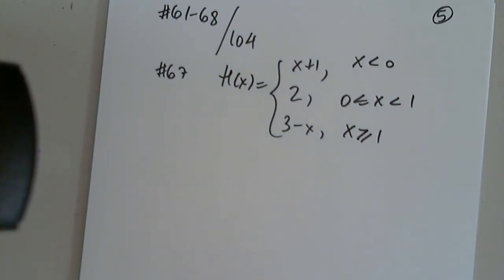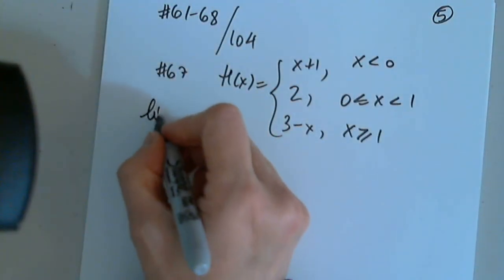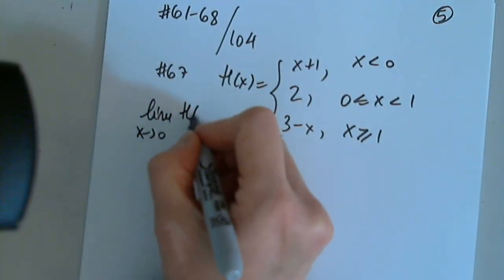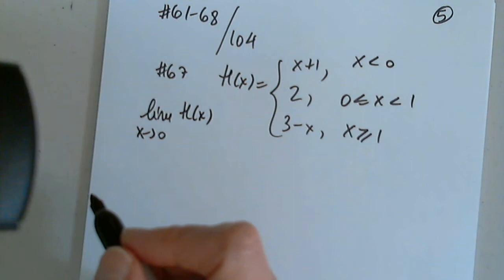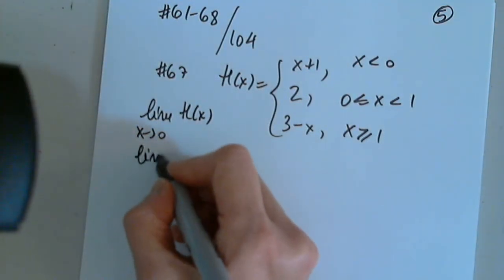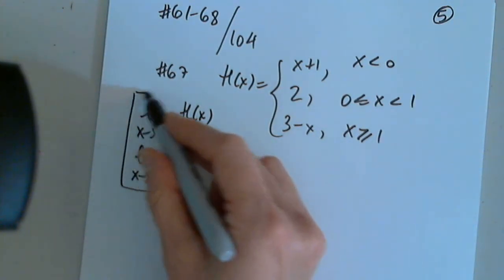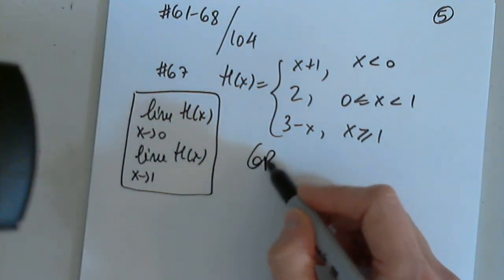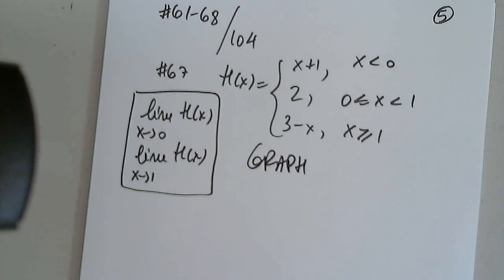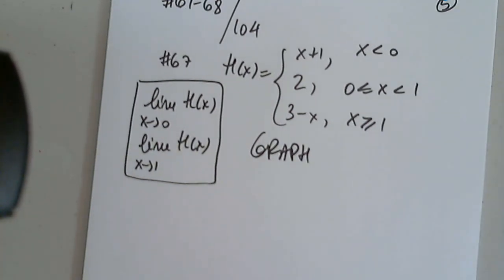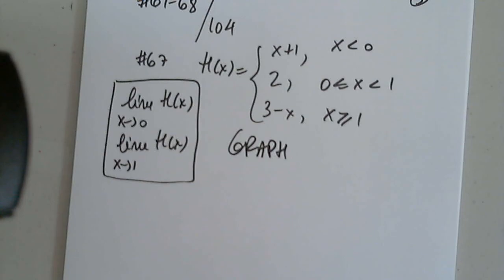And we have to answer 2 questions. 0 from either side, and 1 from either side. So these are our questions, but first we're asked to graph. I'm looking at the time just to make sure, I think we can finish it in 8 minutes. Good. Okay, so as you remember when we graphed piecewise